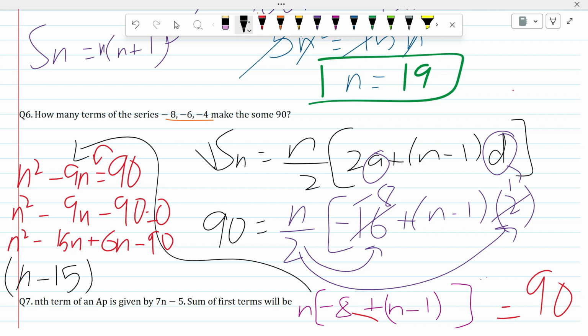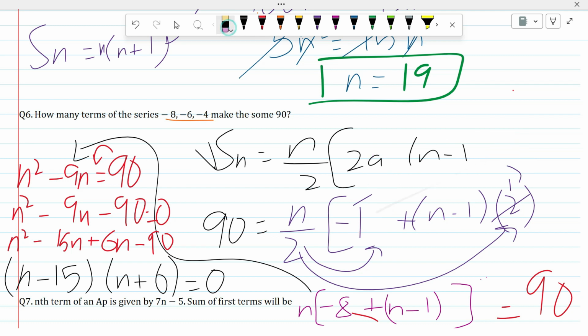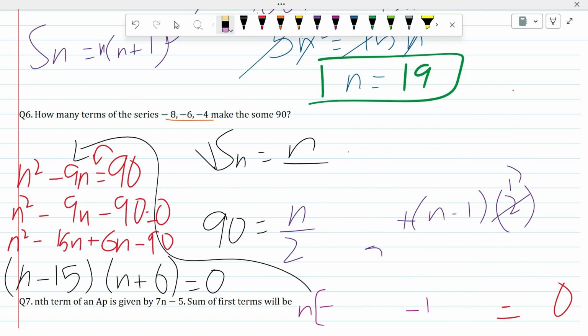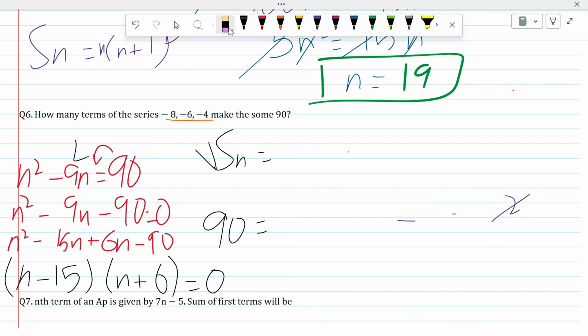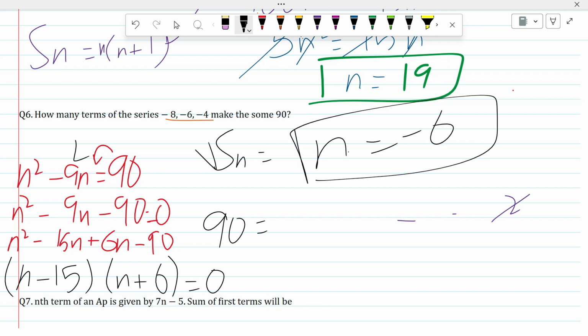and you will get n plus 6 is equal to 0. Now let me clear you one thing. First, may I rub this because we don't have enough space. Okay, now we get the two values of n, which is first is minus 6 and second is minus